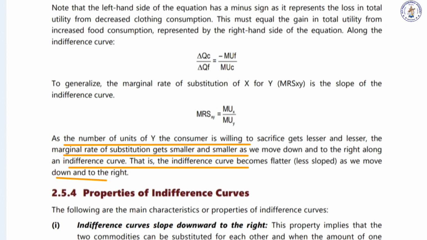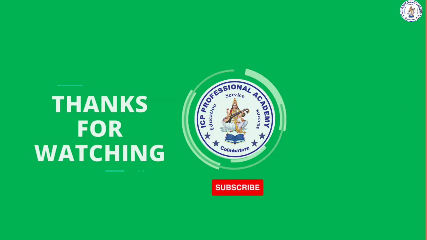For 1 unit of X to get more, or Y to get more, he is willing to sacrifice less and less of the other units. So we move down to the right along the indifference curve. Thus the indifference curve becomes flatter as he comes down and down. Now the property